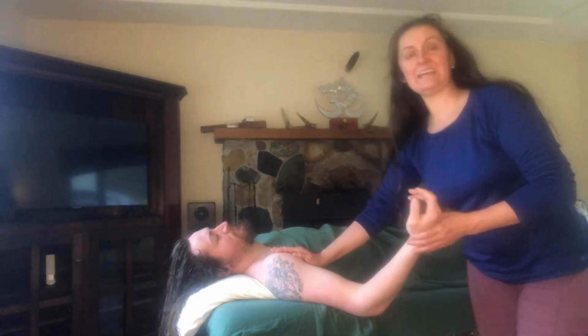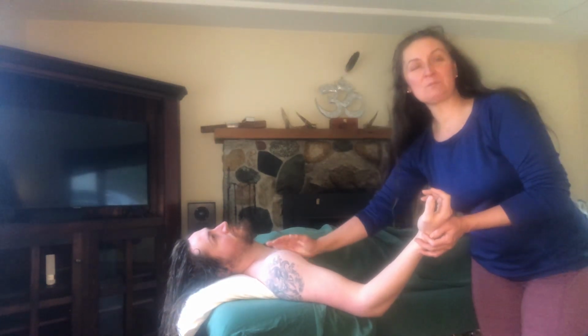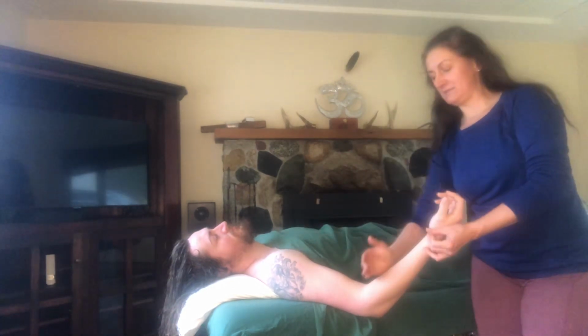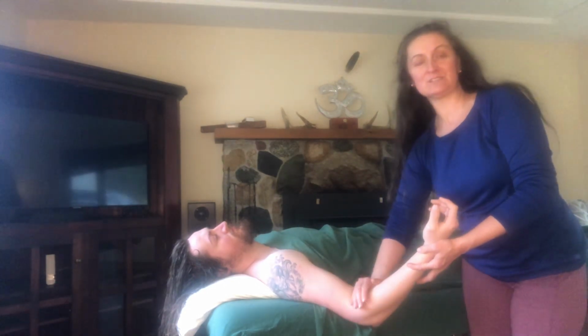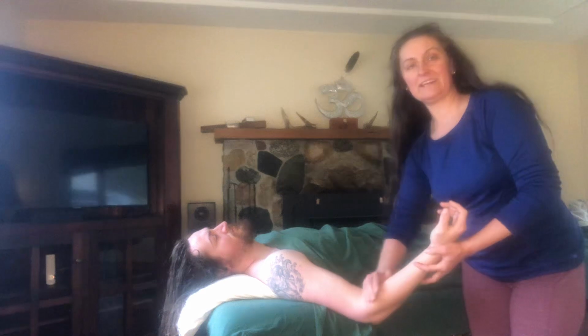After pumping that, we're always going to work proximal to distal to open up the lymph channel. So we've opened up the axillaries and subaxillaries. We're into the supratrochlear, into the elbow, little circles coming through there. After you've done at least 20, up to 50 of these, then